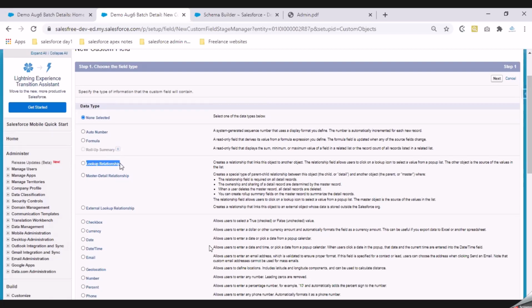For the time being, we'll just understand what a lookup relationship is, then we'll extend our understanding to the other relationships that we have. All right. So the type of relationship that I'm building for now is a lookup relationship. I'll select the field type as lookup relationship here, and if I go through the information that I have, which says